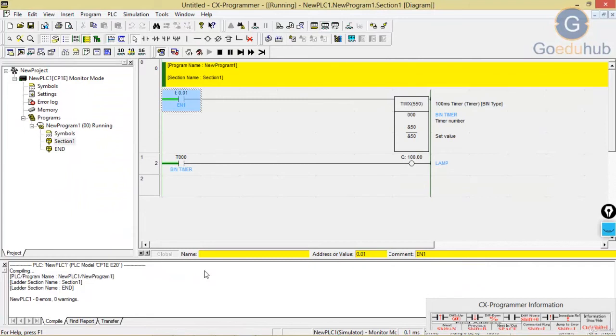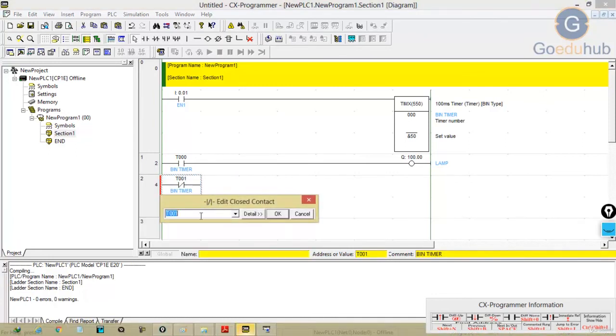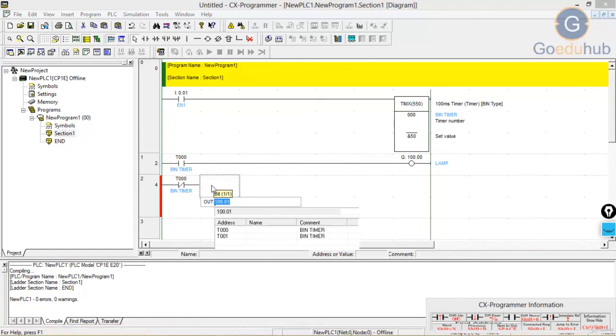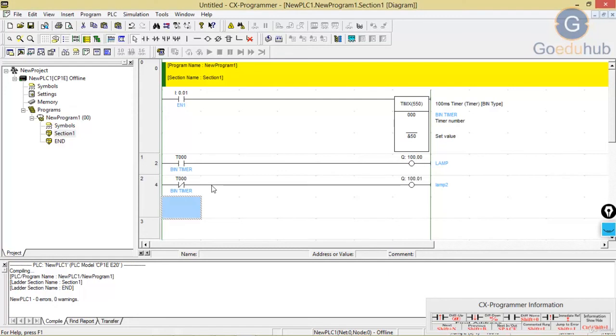First exit from the simulator. Now as you can see, first we take the LT node, T node T0, give T0 only. Now take the output 100.01, that as you can see is lamp 2.